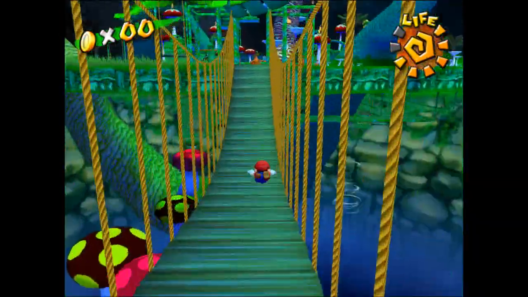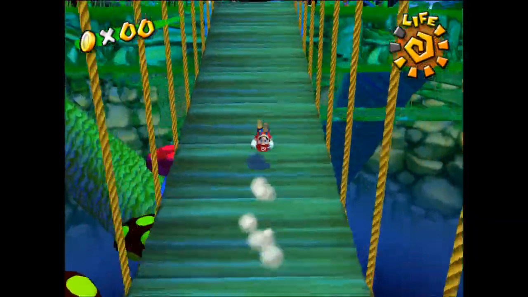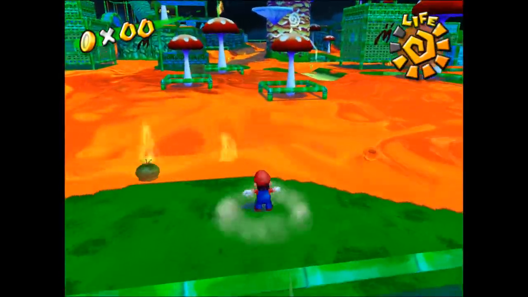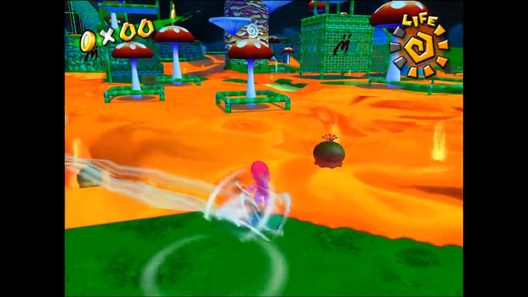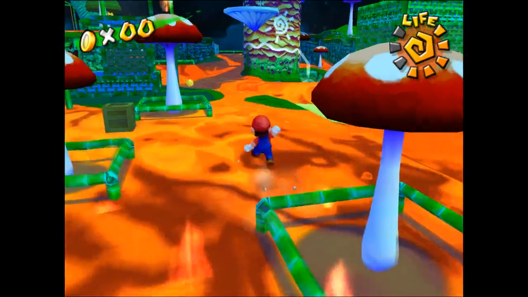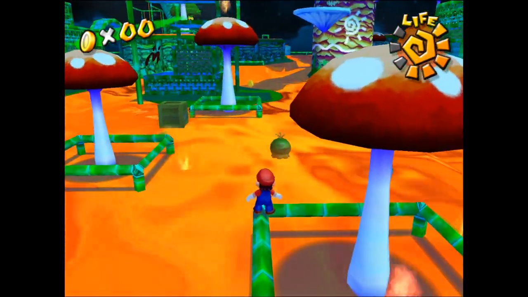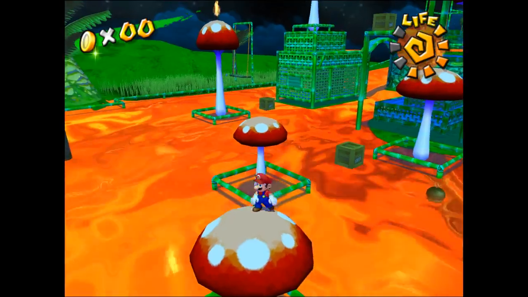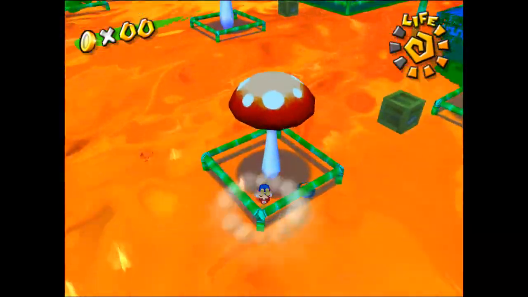What you want to do is run across the bridge and get these gusts to start following you. They only appear on the bridge. Have them come over here, have them hit you, and then you can land on this. You can land on the one that's slightly further away, but this one's a little bit easier. And then from here, I can just do...